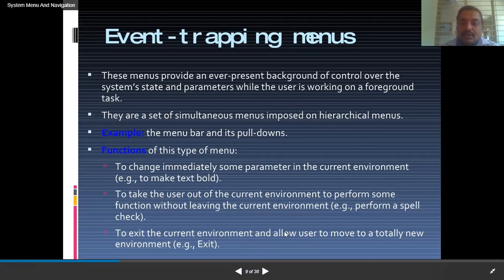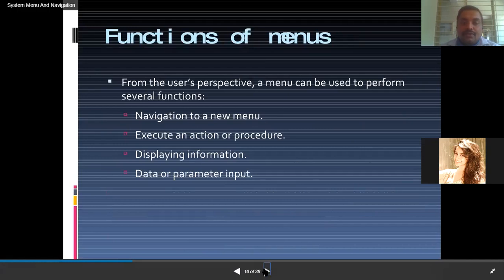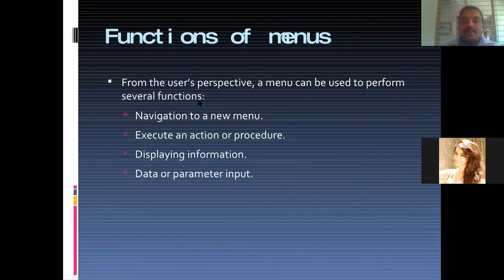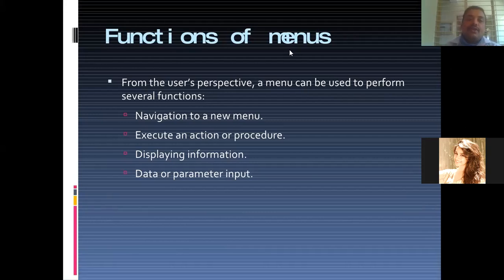Okay, so now let us move to the function of the menus. We'll quickly complete 2 more concepts of the menus. So what is the function of menus? As you all understood in a real-time example, maybe in a shopping website, or our college or university website, or when you are searching technical related websites, you might have understood the different functions that you come across.